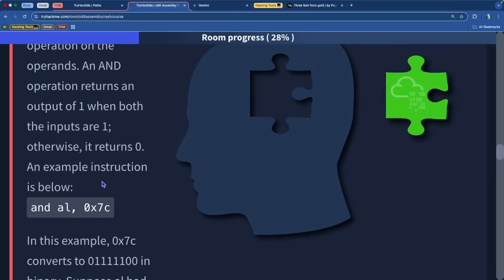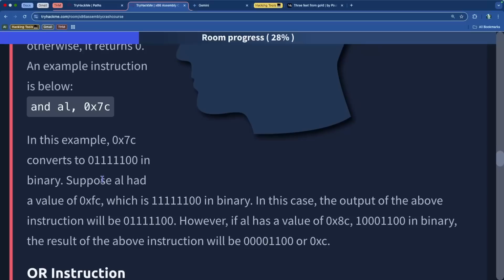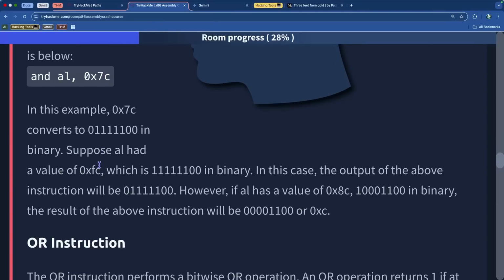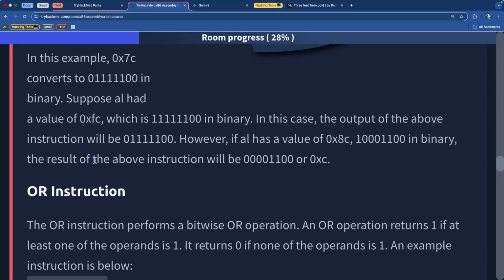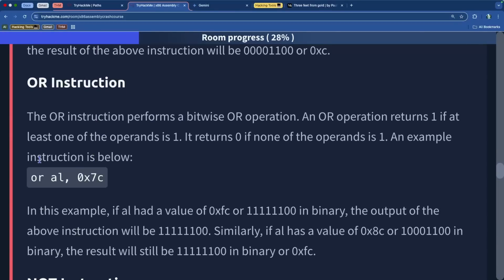So AND is essentially comparing the binary values of these two different data points, and then it's comparing to see if they both match as 1. If they do, it'll convert them into a 1. If either of them is 0, it'll be 0. If both of them are 0, it'll be 0. So that's basically it. The OR instruction performs a bitwise OR operation, and it returns a 1 if at least